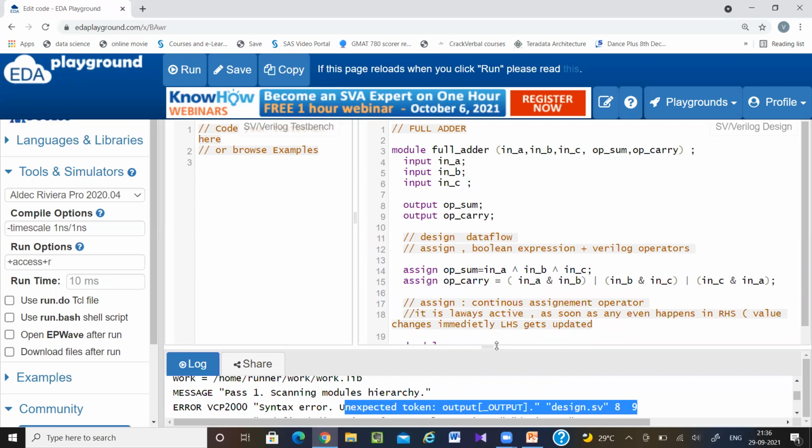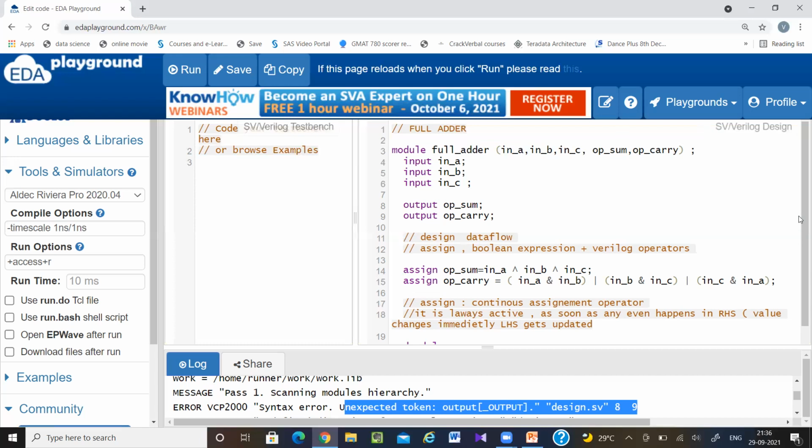If I cannot design a hardware from the written code, then there is no point in writing that code. Simple, this code I can write in C language also and run it and check it. So why am I writing in this language? The main point is synthesis purpose. So it will be better if you are starting, then write the code in Xilinx or Vivado, or any kind of tool that is able to synthesize this code.